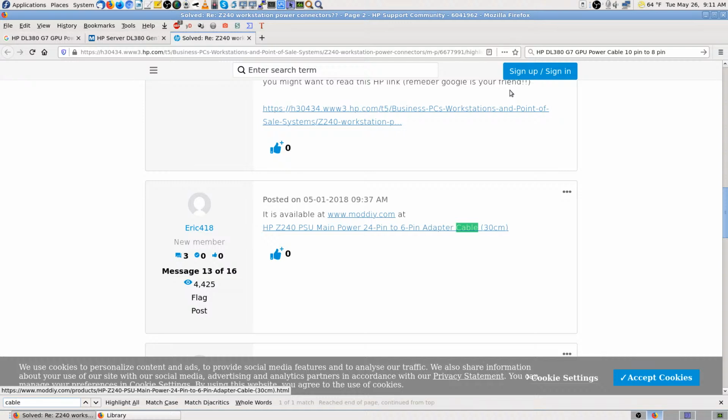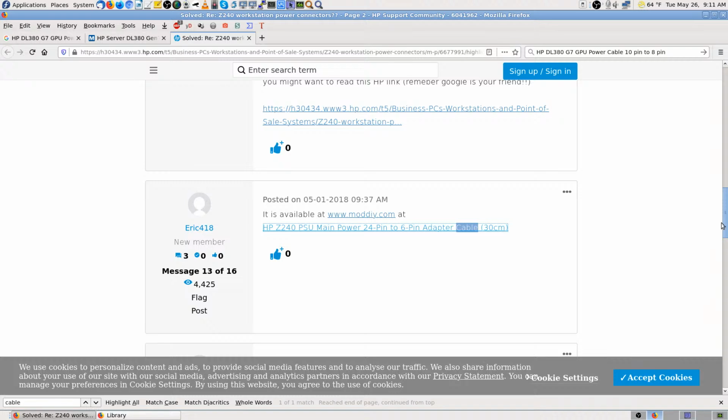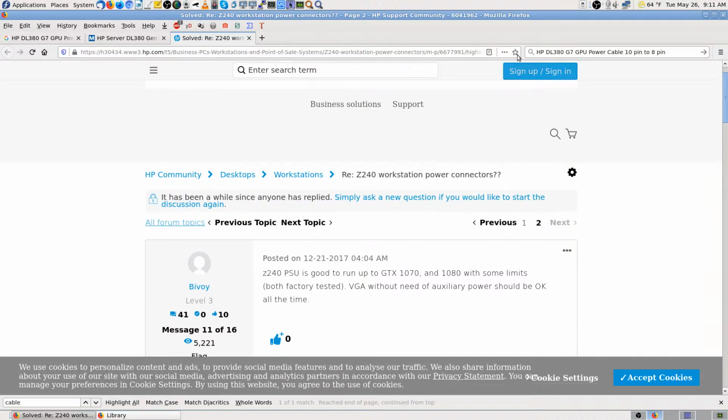I want to find that. Oh, yeah, here it is. HP. That must be it right there. Yep. Oh, it's a different cable. Okay, so, 24 to 6 pin adapter. That's a mother... I've never seen a cable like that before. Motherboard. I guess it's turning your main motherboard connector for a regular computer into...